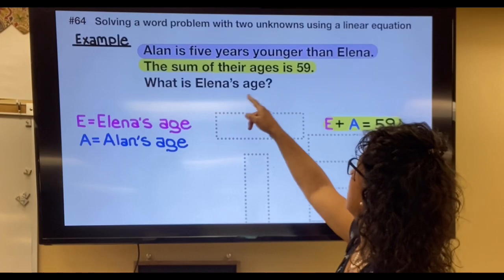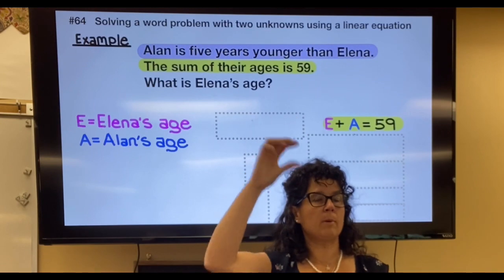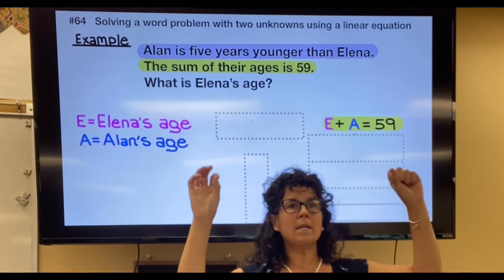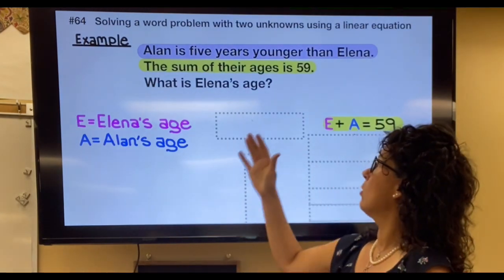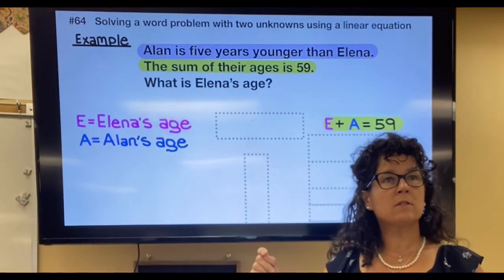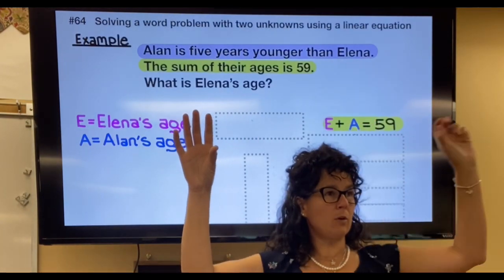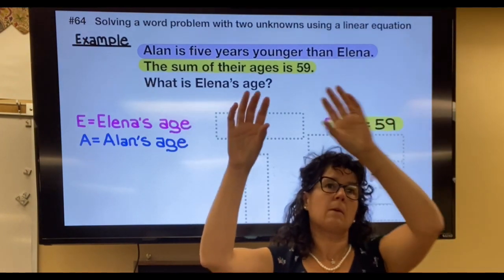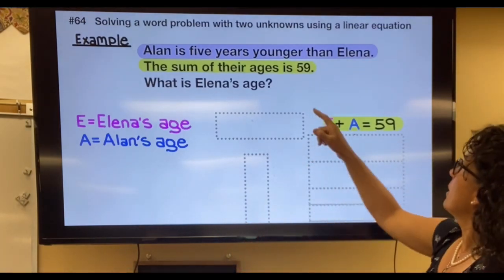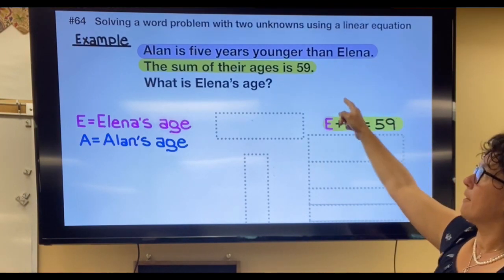Okay, then this one here, Alan is 5 years younger than Elena. We kind of like to, as we read it, start writing it, but I find that sometimes that can be a little tricky on these ones. Instead, maybe think of which one is the bigger number, Elena or Alan. Alan is 5 years younger. So if Alan is 5 years younger, then big number minus 5 is going to be the small number. So if I take Elena's age and I take off 5, I should get